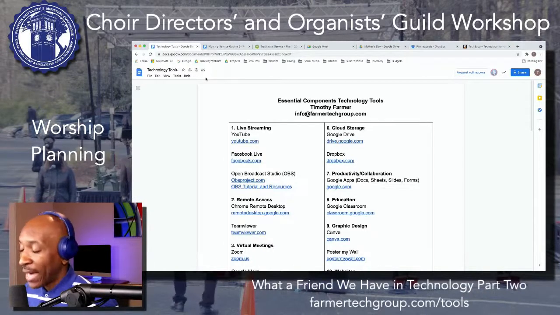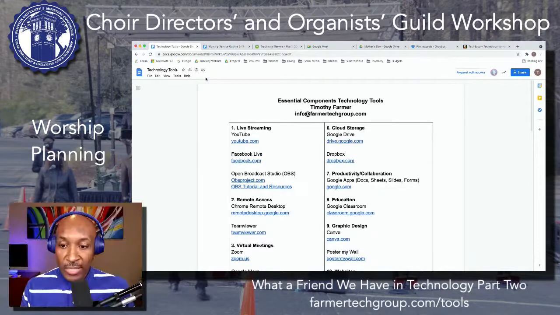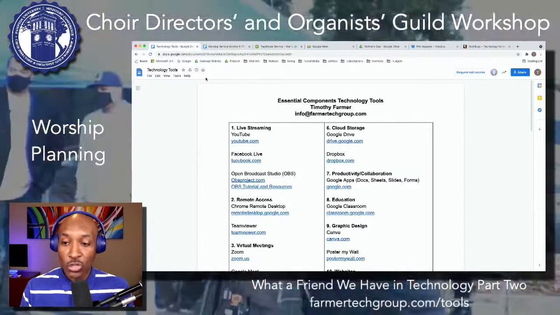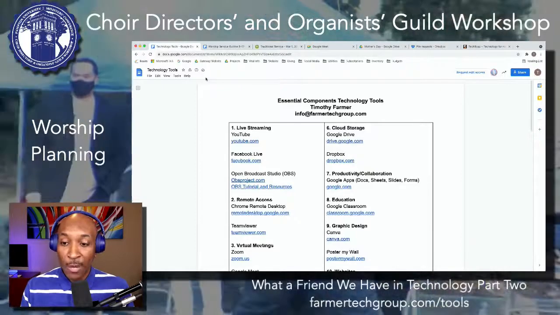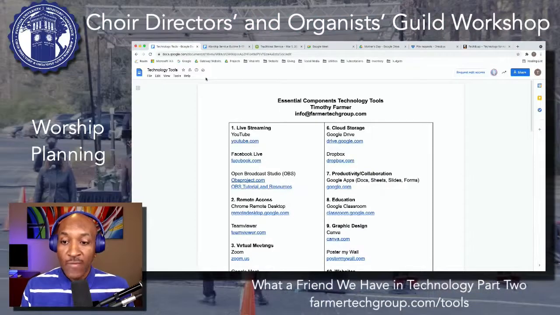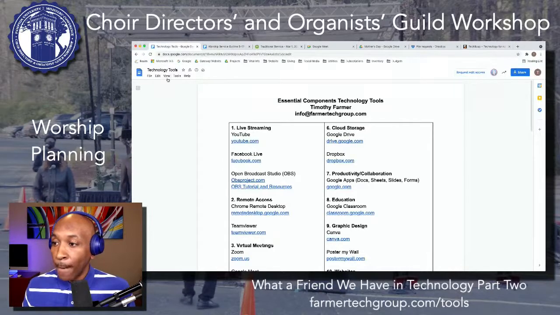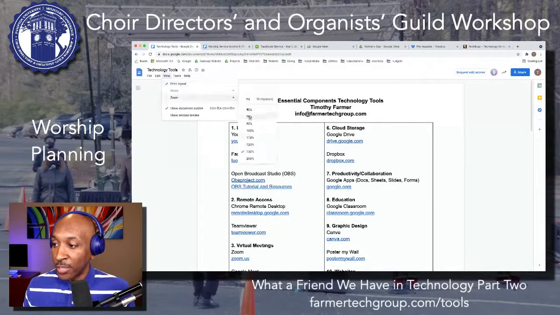And how you access this document, at the bottom of the page, there is a link, farmertechgroup.com/tools. Again, that's farmertechgroup.com/tools. If you type in that website, that will give you access to this technology tools document. And I'll make it just a little bit bigger